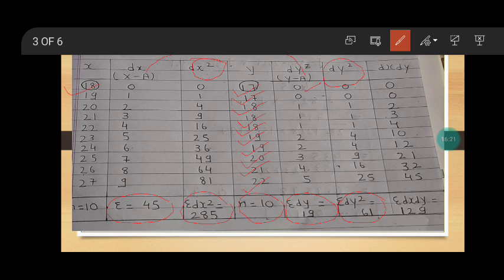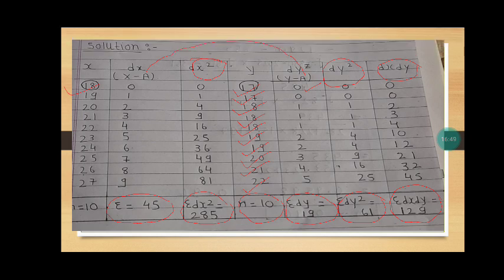Then we have dx and dy. So here as well we have to take the summation of all these numbers, which would be termed as summation dx dy. Okay, so when we are going to make summation of all these numbers, that is 0 plus 0 plus 2 plus 3 plus 4 plus 10 plus 12 plus 21 plus 32 plus 45. So we are going to get 129 as the summation of all these numbers. So we would say that summation dx dy is equals to 129.